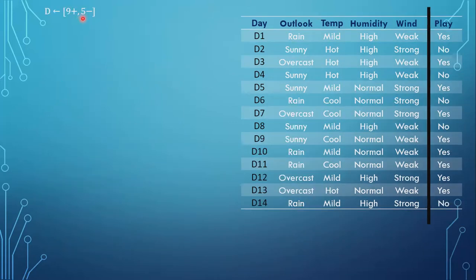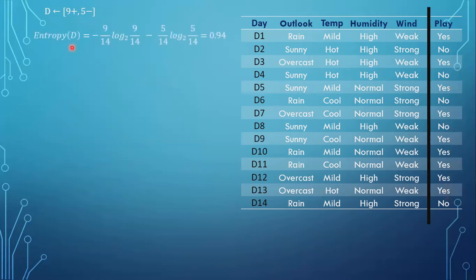First, we will calculate the entropy of the data set. For that, we have to count the number of positive examples and the number of negative examples, or we can say the examples in class 1 and the examples in class 2. We have used the signs plus and minus to represent two different classes. The positive class refers to yes and the negative class refers to no. If we count the total number of yes, we have 1, 2, 3, 4, 5, 6, 7, 8 and 9. So we have 9 positive examples and 5 negative examples. So no will be 5: 1, 2, 3, 4 and 5.